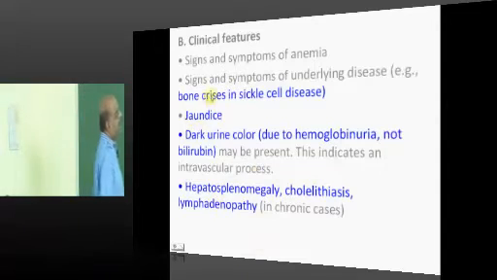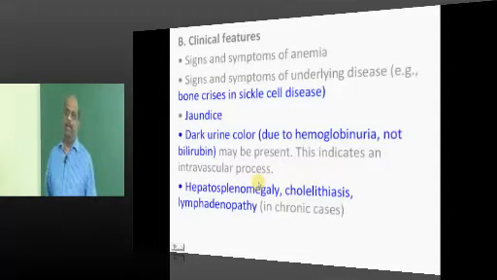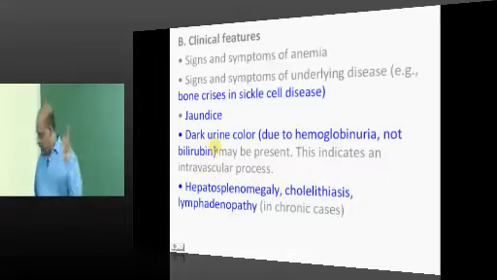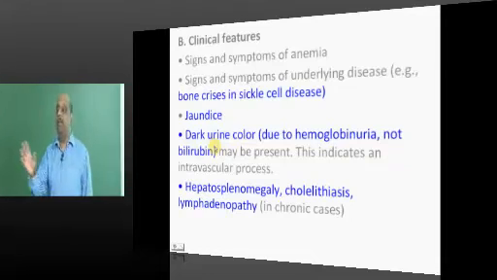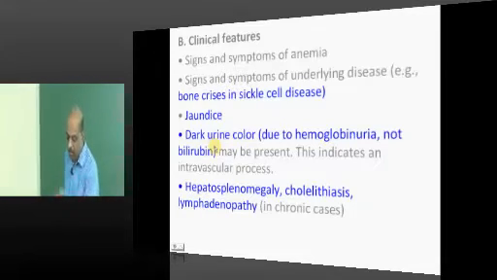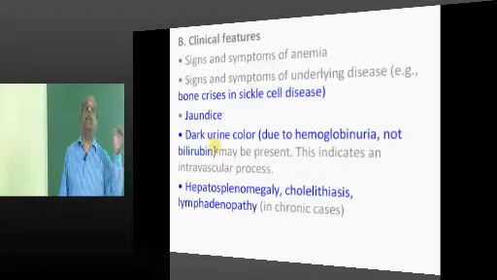Now, what are the important clinical features, doctor? Obviously, when there is a hemolysis, there is a release of hemoglobin, and that leads to increased bilirubin. So there is a jaundice. Now comes the important issue. Jaundice can be because of hemolysis, hepatocellular damage, or obstructive jaundice.